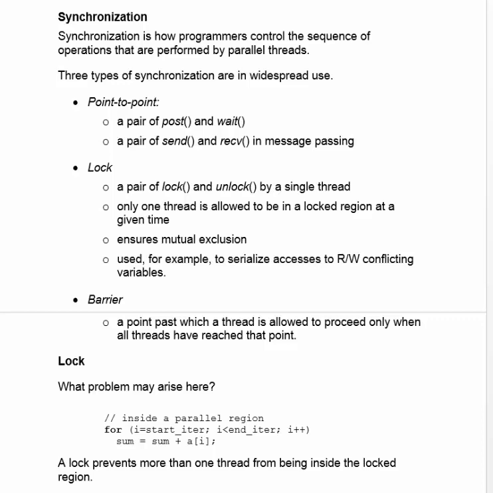We've been talking a lot about synchronization. There are three kinds of synchronization that are commonly used in parallel programs. First of all, there's point-to-point synchronization. This is a pair of post and wait, as we saw, for example, in our